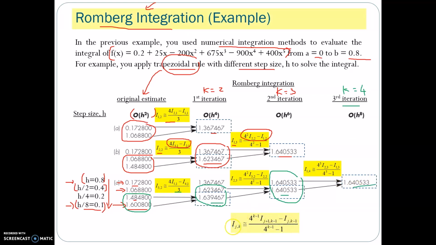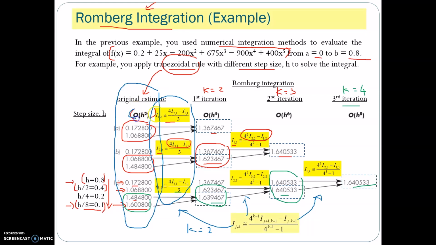You need to be careful, we are using three different formulas here. So we have this formula when you select k equal to 2, which converts the original estimate with O(h^2) to O(h^4). For this formula, you select k equal to 3, where it converts O(h^4) to O(h^6). Last formula, you use k equal to 4, which converts the O(h^6) result to